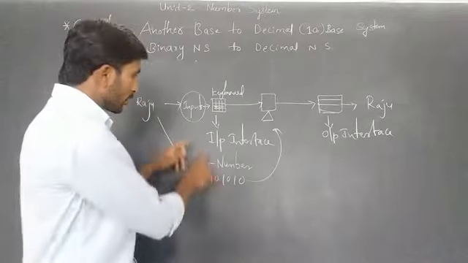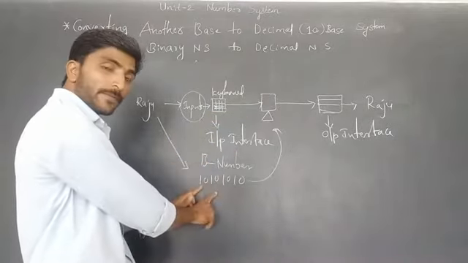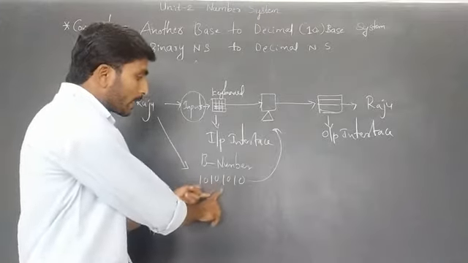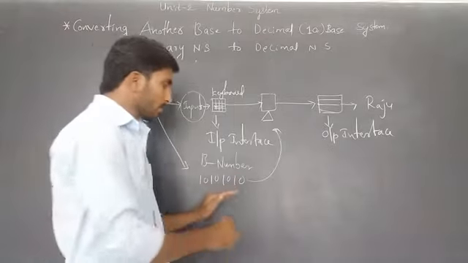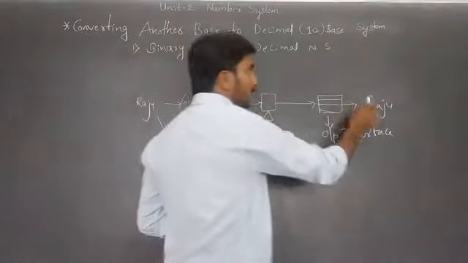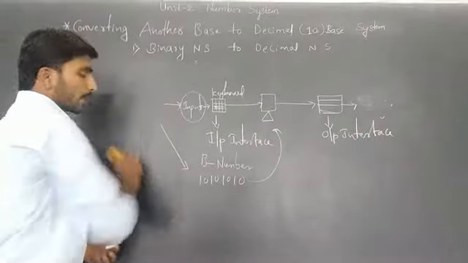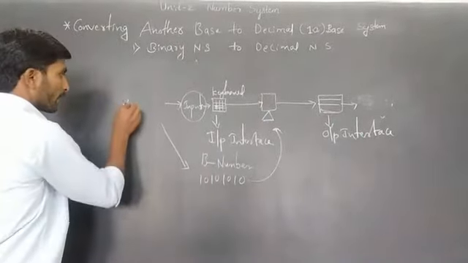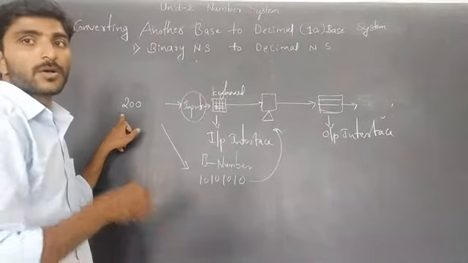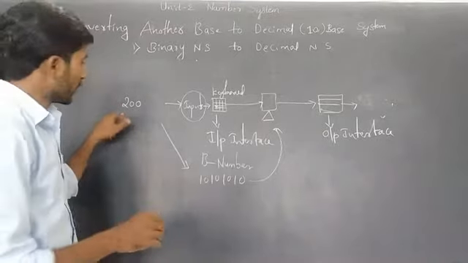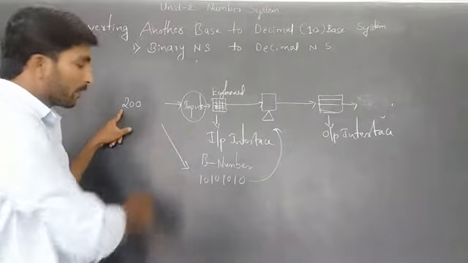So let us think how it converts. For example, here this is any form, and it is converted to binary, and again from binary to another form. Assume this is binary and this is decimal. This is 200. This is not a binary number. This is a decimal number system, or octal or hexadecimal. We say this is 200 because this is a positional number system.